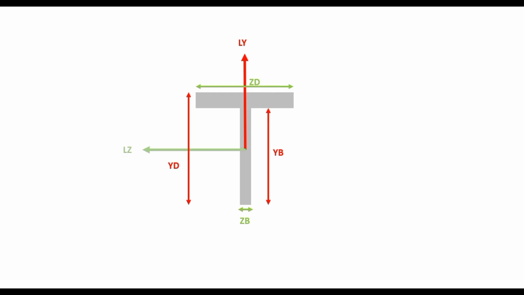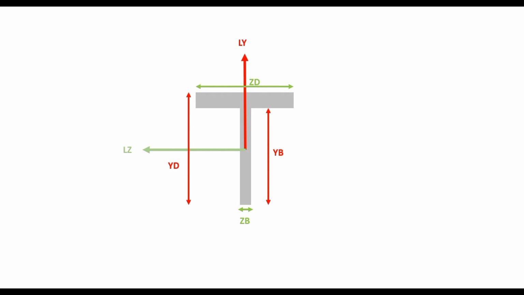Again, note that all dimensions represented with Z are oriented along the Z axis, like ZD and ZB. And all dimensions represented with Y are oriented along the Y axis, like YD and YB. Also note that the dimension ZD would be located along the positive direction of the local Y axis from the centroid of the section, and the dimension ZB would be located along the negative direction of the local y-axis from the